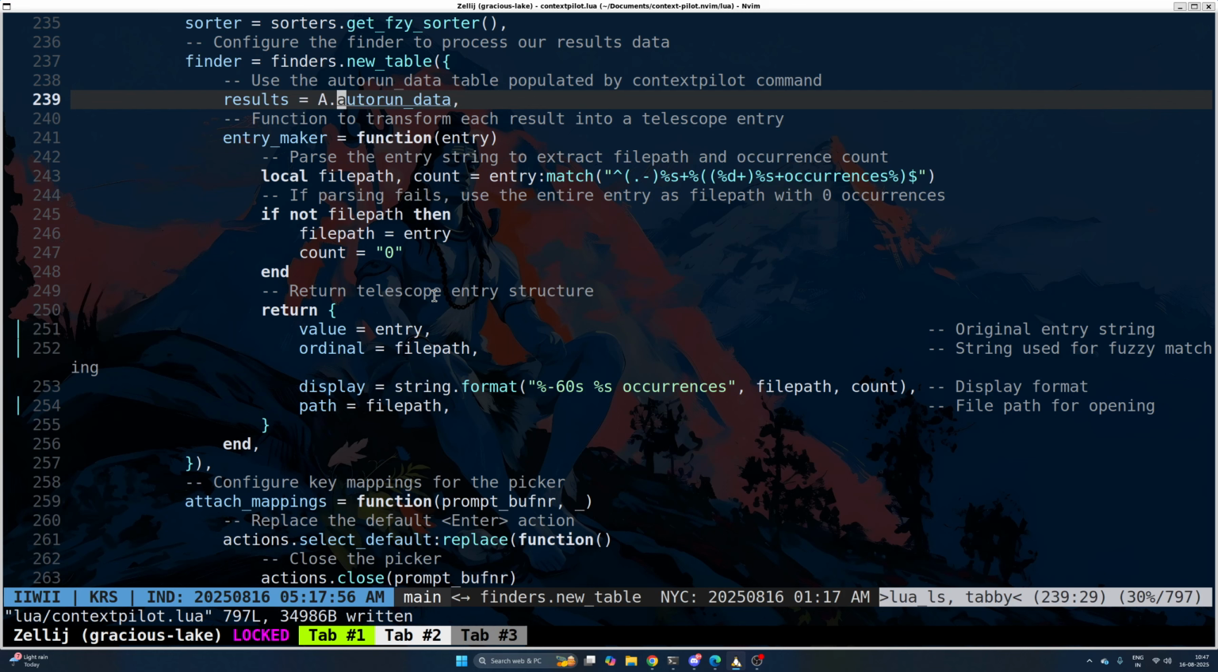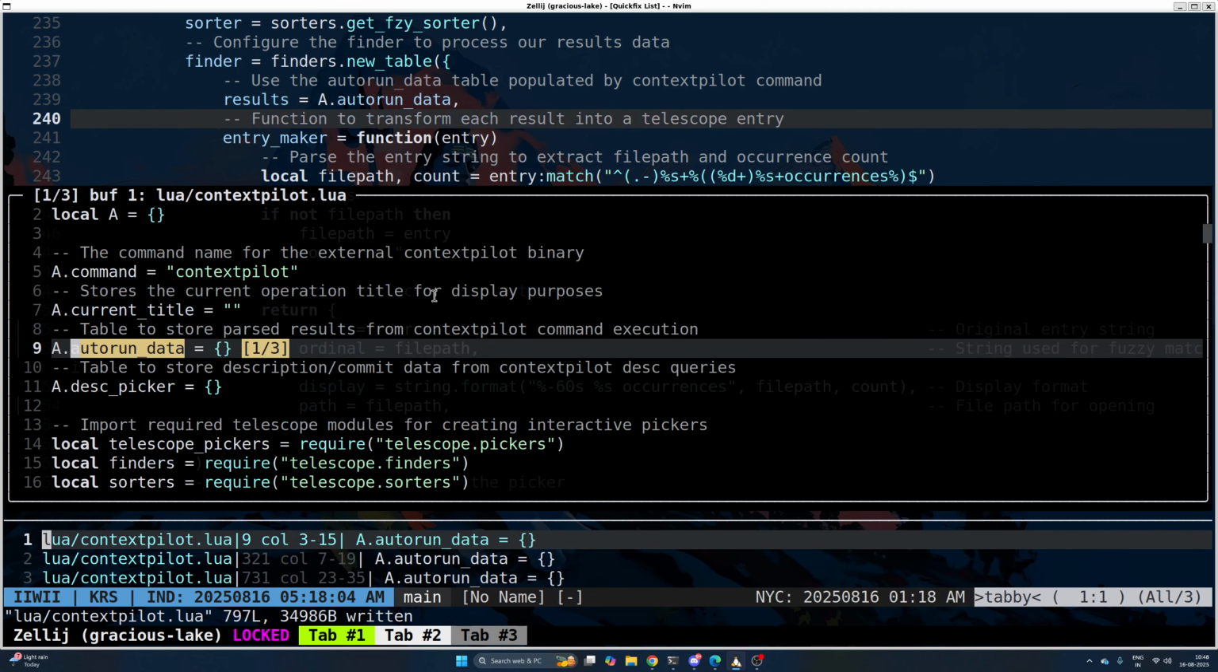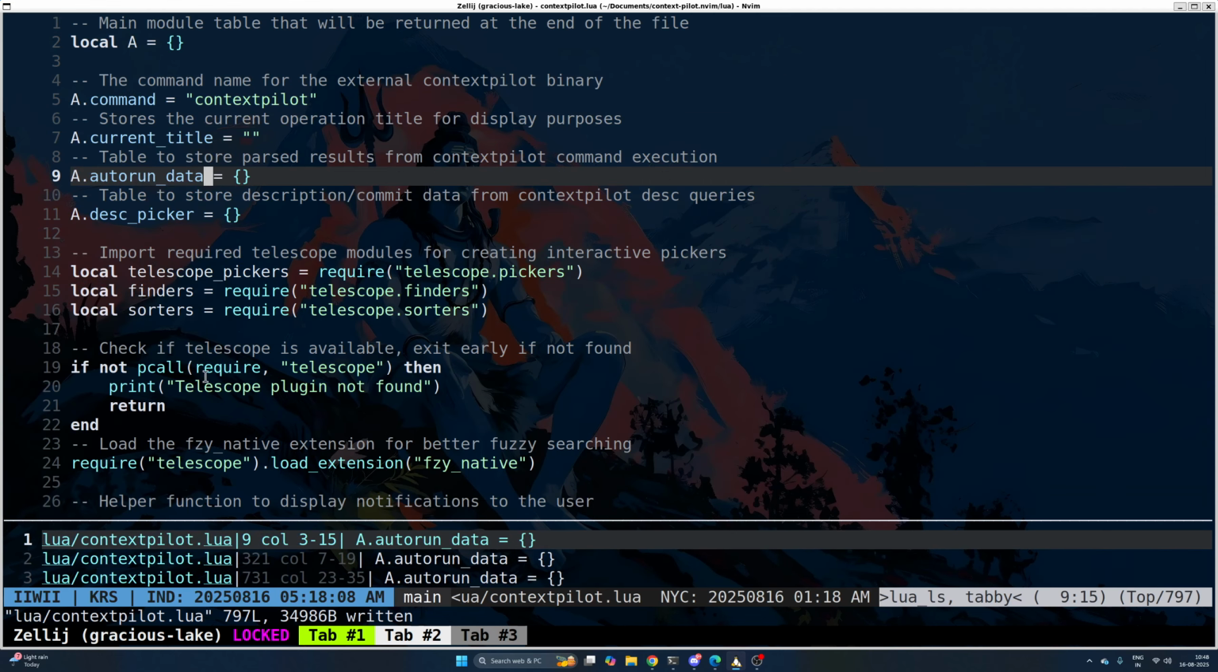Okay, so what I'm basically doing is I'm always storing the output in this auto run data variable. So as you can see, it is defined here, right? Which is clear. And let's go back to our,